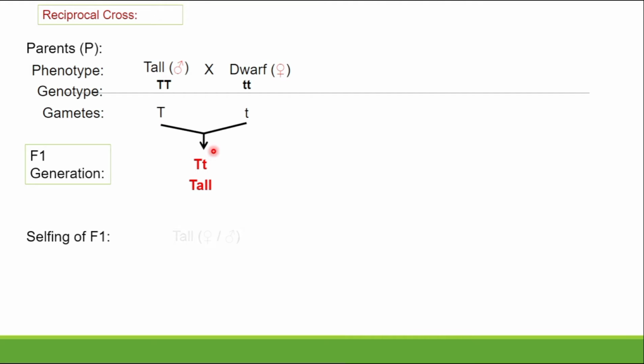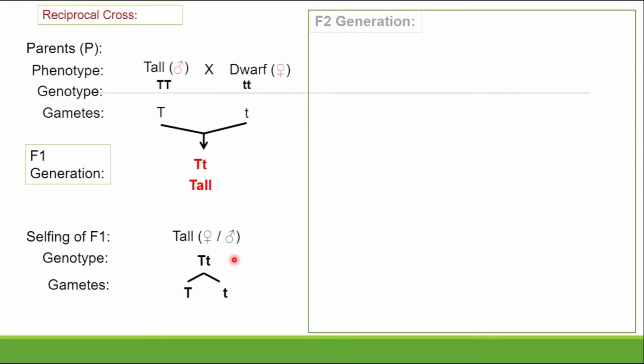Then, to obtain where this recessive is, for obtaining the result, Mendel performed self-pollination in the F1 generation, that is, this tall plant. What's the genotype? It's a capital T and small t. This F1 generation contains the gametes, which remain together. They never mix, they never blend with each other, but at the time of formation of the gametes, they are segregated, they are separated. So there is obtaining the capital T and the small t.